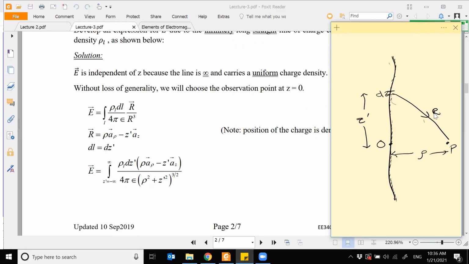As you can see, I need to find this vector, right? So I'm finding this vector with the help of these two components, this component and this component. Got it? So if this is rho,